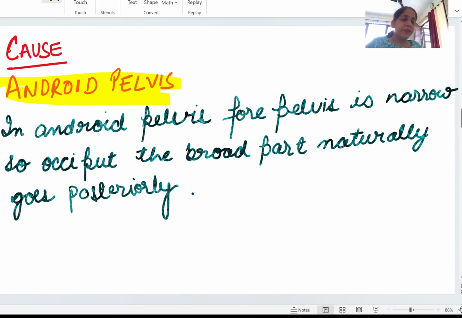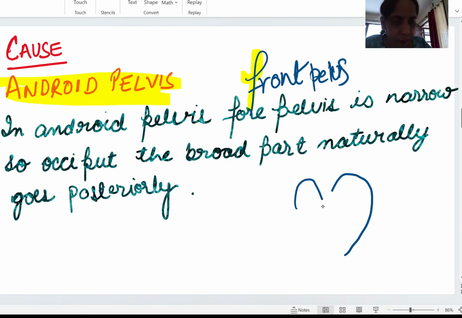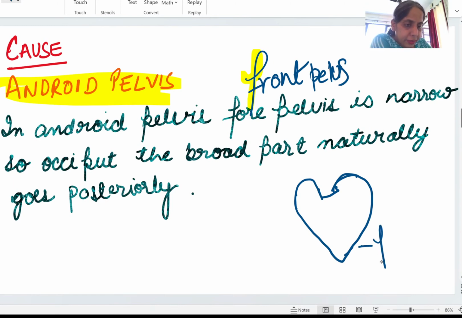Listen carefully. The fore pelvis, or you can say the front pelvis. Didn't we study what was the shape of the android pelvis? The shape of the android pelvis was heart shape. So the front pelvis is